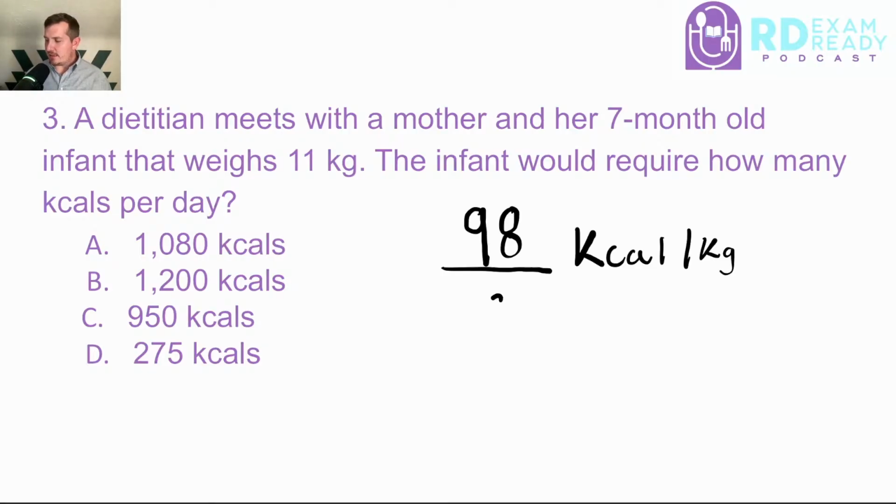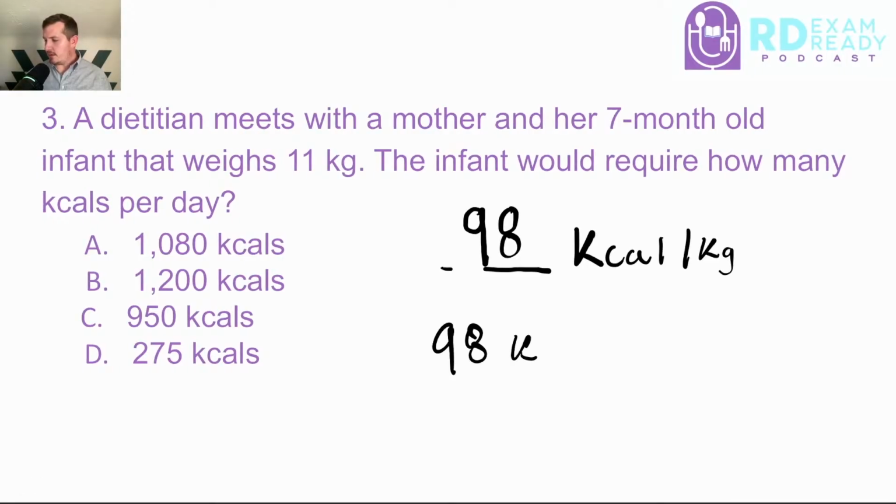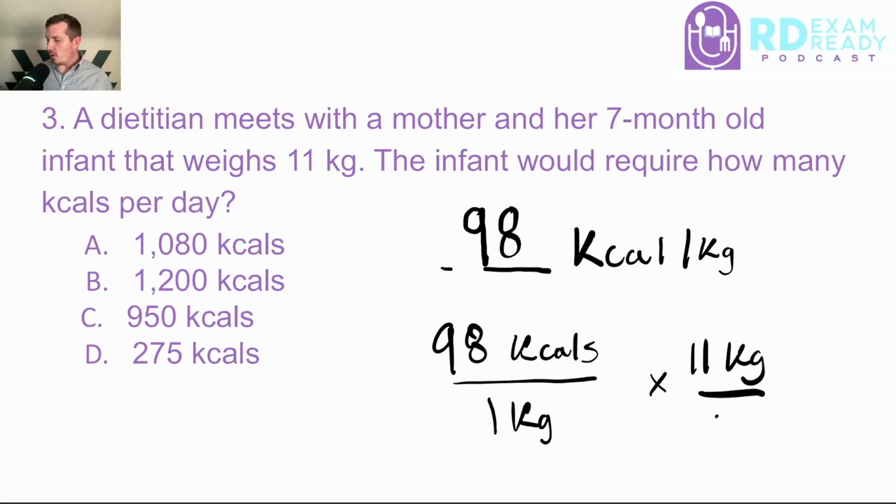So if I have 98 kcals per kilogram, I'm going to take 98 times 11 kilograms. Okay, let me just break my math down a little bit clearer for you folks. Sorry about that. So we have 98 kcals for every 1 kilogram, right? Then we're going to multiply that by 11 kilograms over 1. Kilograms will cross themselves out. So we would do 98 times 11. And when we do that, we would end up with 1,078 kcals